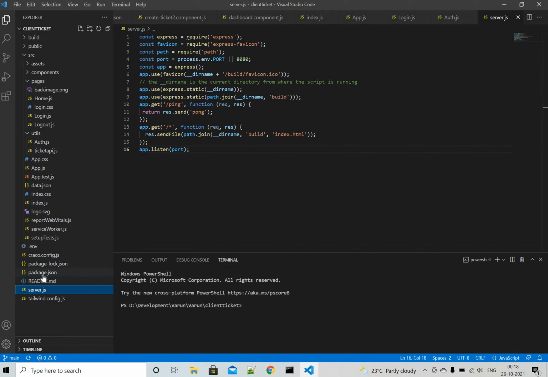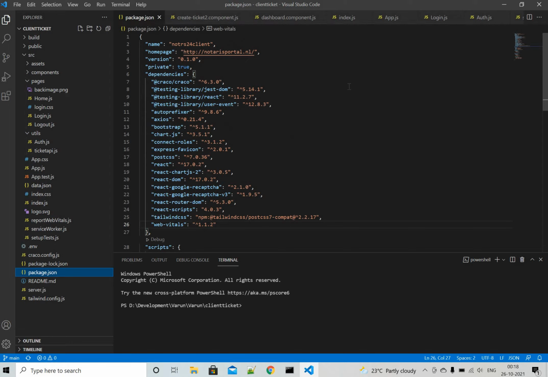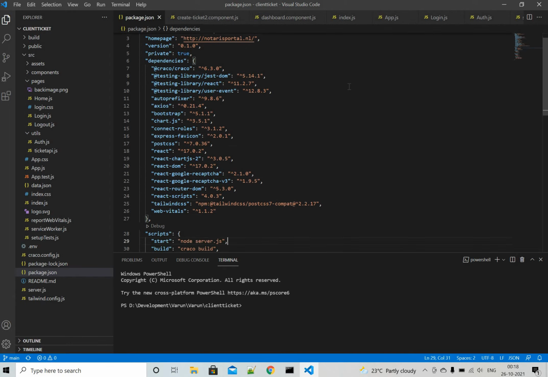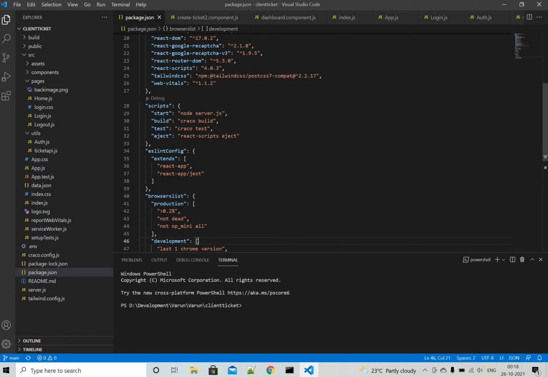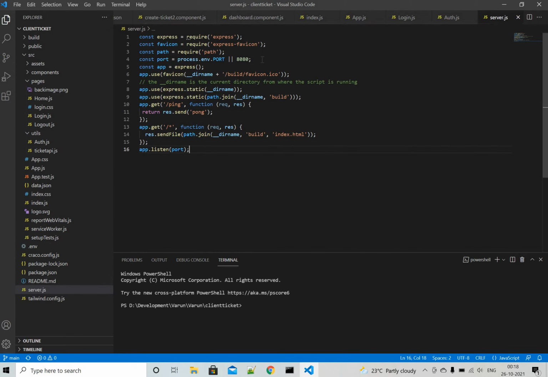And just have a look at the package.json. On deployment, Heroku starts your application automatically with the npm start command. So node server.js will be invoked, and server.js will take care of starting and running on this port. In case this sample app is required, please ping me or comment.